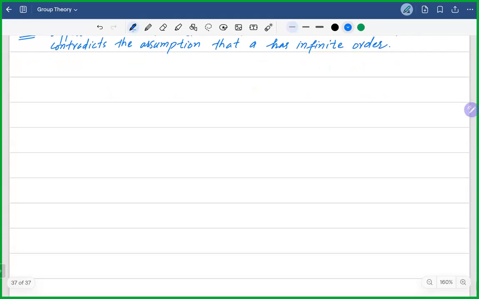Now number 5 says we show that if a is an element of a group, then the order of a is less than or equal to the order of G. Now to show that,